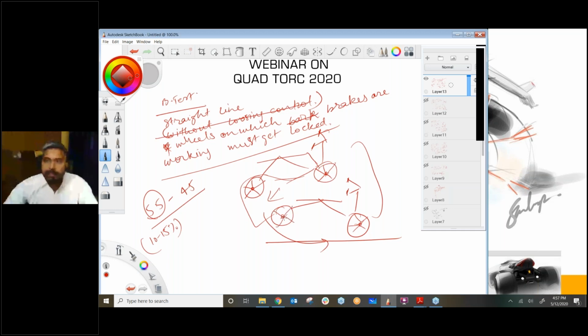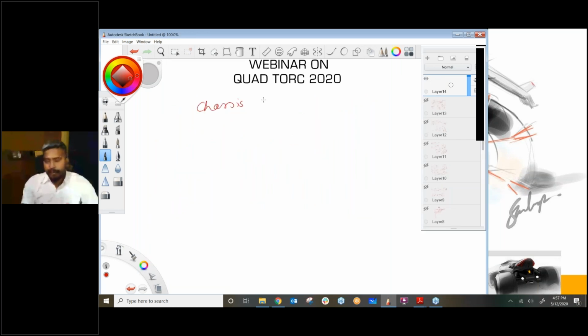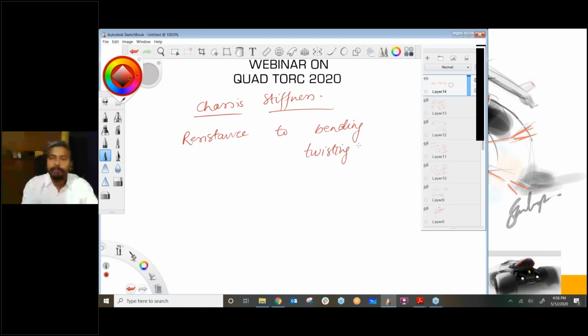Now, if you do not provide enough members over here, suppose this member wasn't there, this one, it could easily bend towards the upper side, or towards the other side of the tire. And similarly over here, we have used this as the mounting points for the wishbones, and afterwards we have provided members over here so that these members don't bend so easily, because a lot of the force will be transferring to this point.